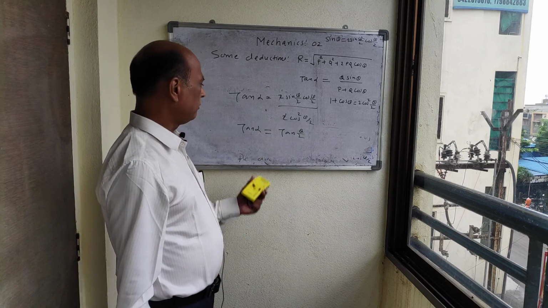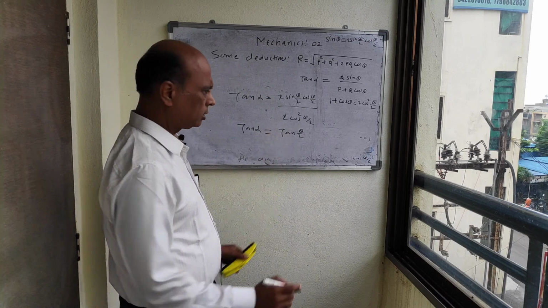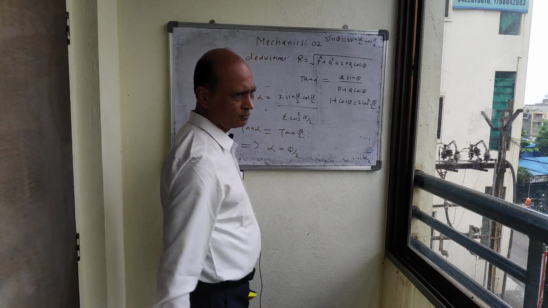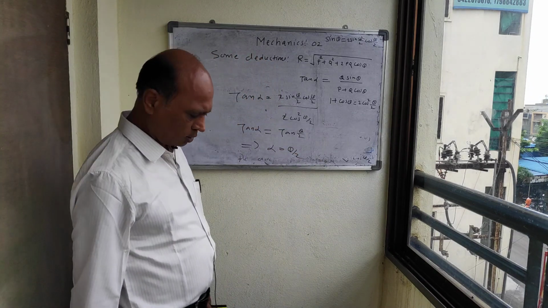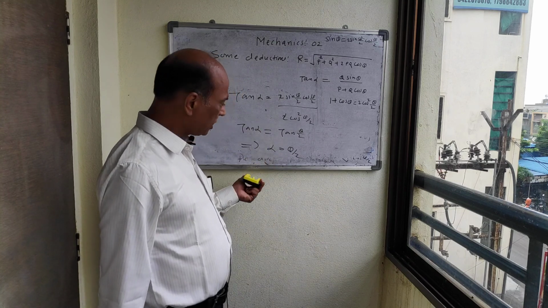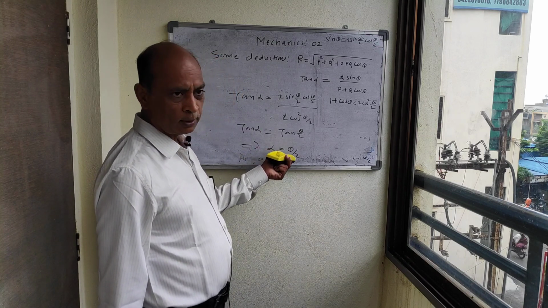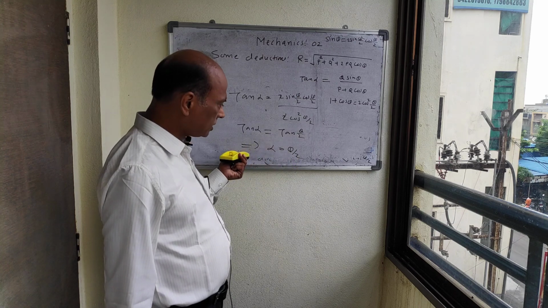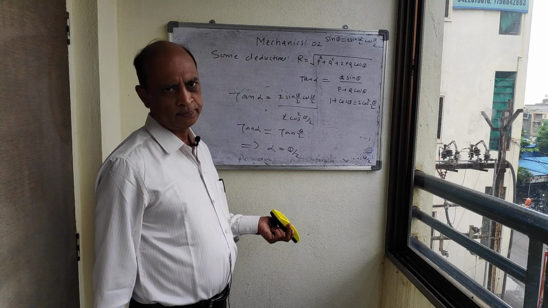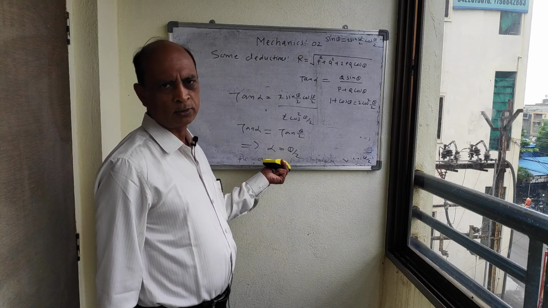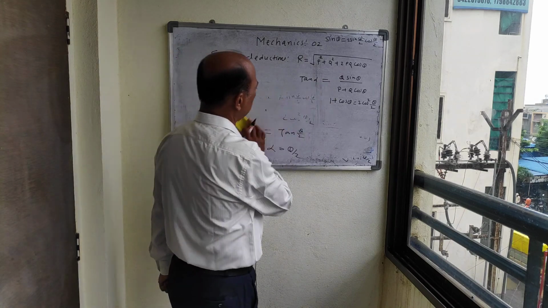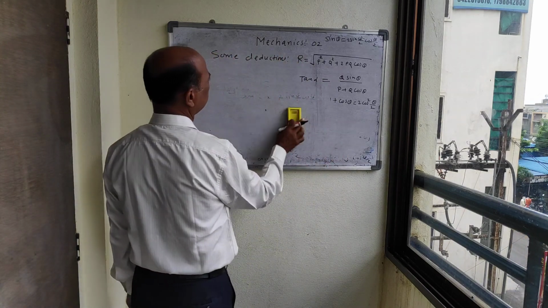And we know that when tan alpha is equal to tan theta by 2, this implies that alpha is equal to theta by 2. So here we can say that the line of action of the resultant force bisects the angle between these two forces. Bisects, that is divided by 2. So it means it bisects the angle between the two forces. So this is the first case.